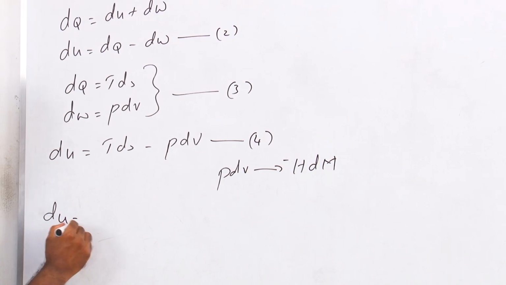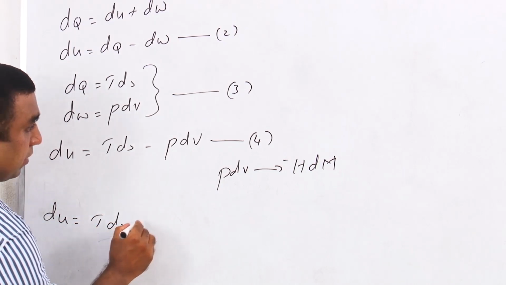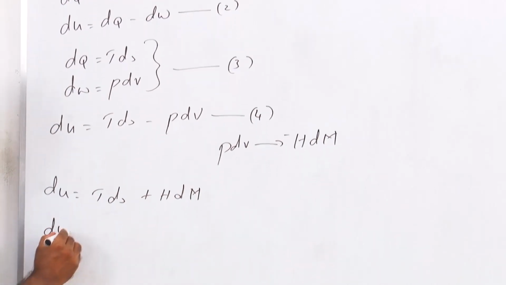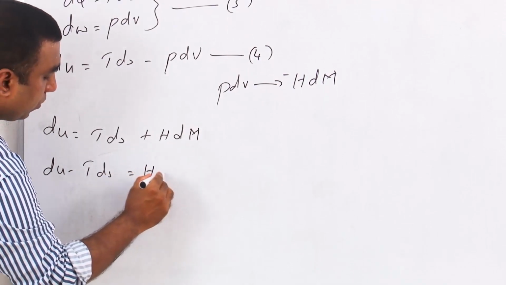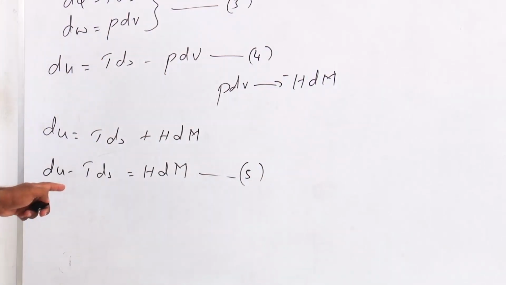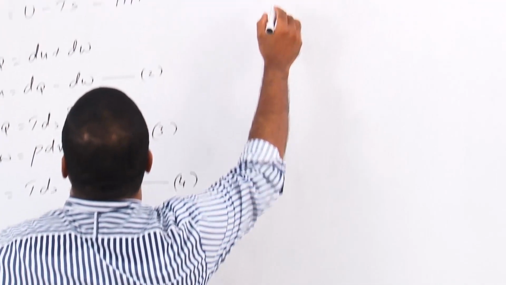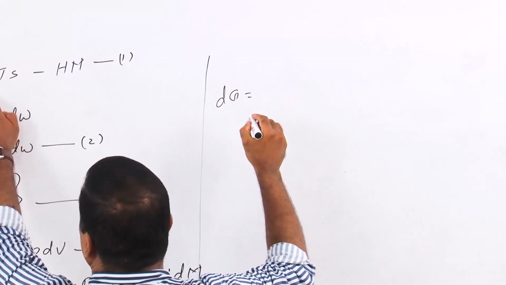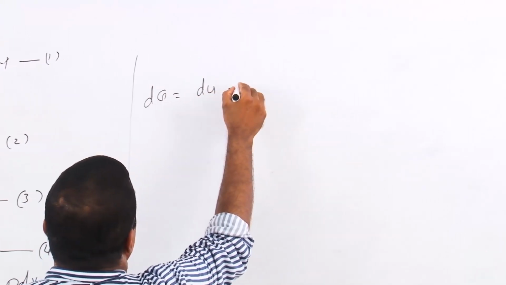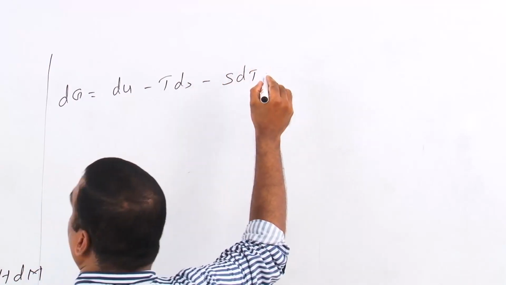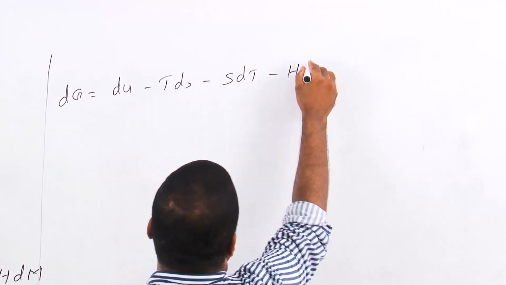Therefore, du = TdS + HdM, or du - TdS = HdM. This is relation number 5. Now I differentiate expression 1. It gives dG = du - TdS - S dT - HdM